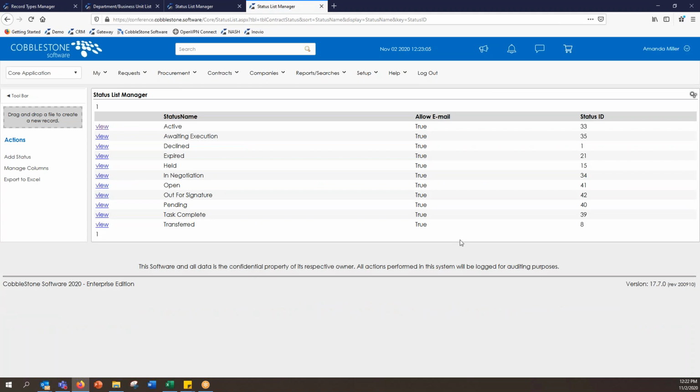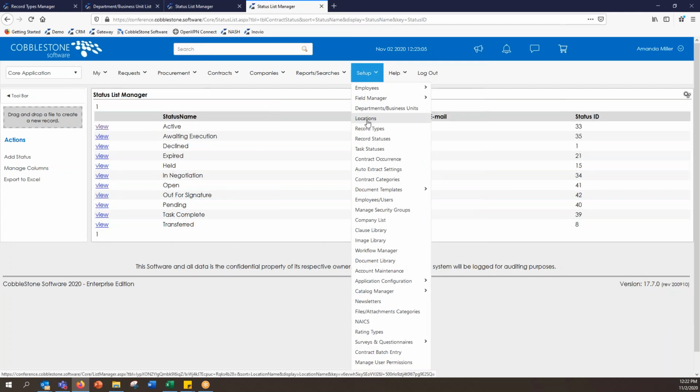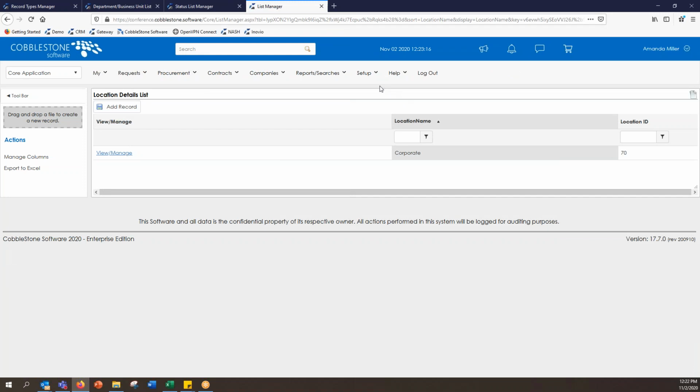The next piece that I would like to show, let's go ahead and take a look at our locations. So we can go ahead into status here and click on locations. Oh, sorry, I said status. I meant to say setup. So we can see that we do have the corporate location here, but perhaps you need to add a different location or a different entity. You can click add record